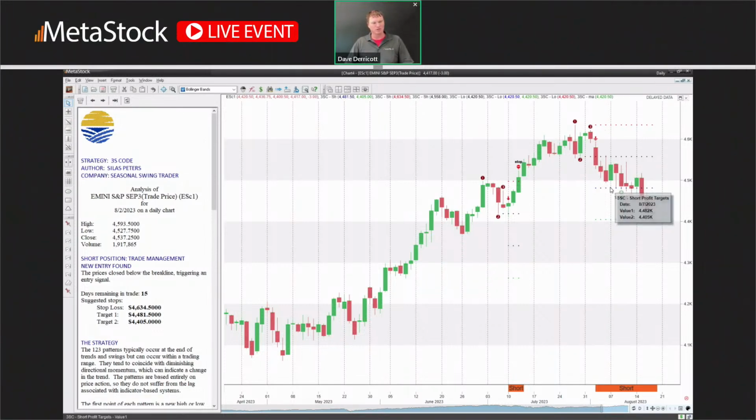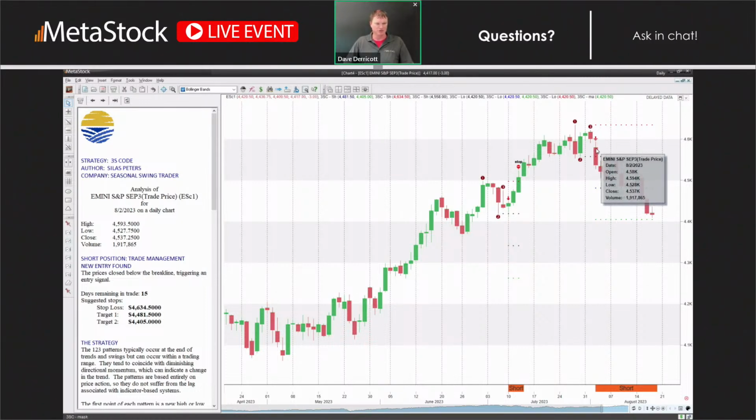So you've got your stop loss right up here as you get into the signal or into the trade. Then you've got your breakout line, not your stop loss. So your breakout line is right there. And then if it closes below it, then you get into the trade. Here are your 2 profit targets. So you've got your first and then your second profit target.